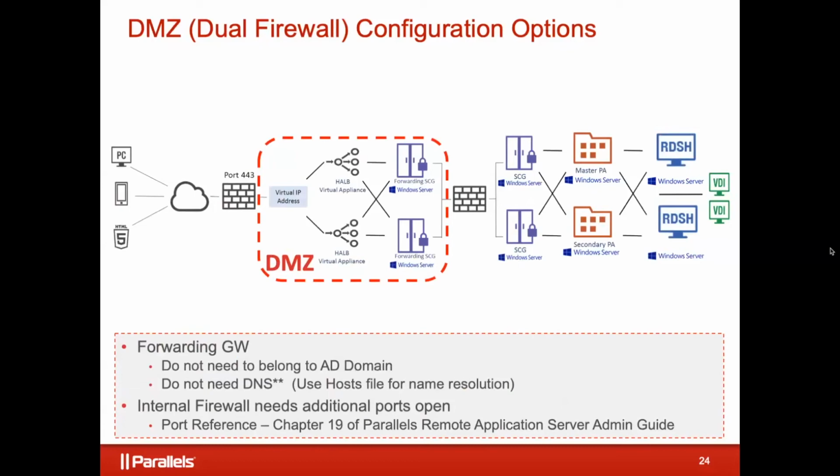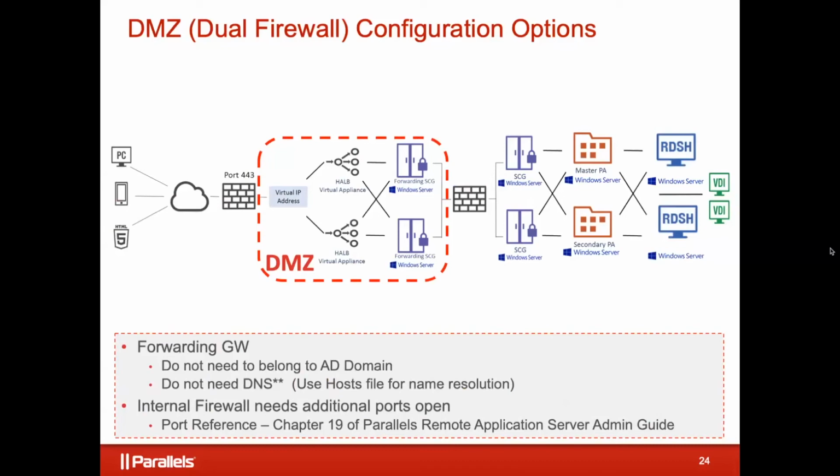A gateway in normal mode is going to accept incoming traffic and then pass that traffic along to the remote desktop server or the VDI desktop. A gateway in forwarding mode is going to look for another gateway in the chain. So I've kind of cascaded and tied gateways together. So a forwarding gateway will accept incoming traffic, but it's going to look for another gateway to hand it off to that will then make the connection to the actual terminal server or VDI desktop.